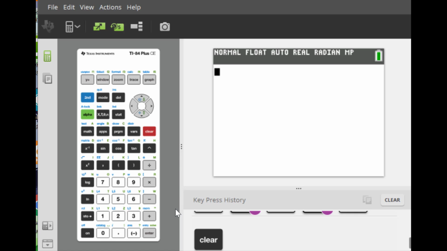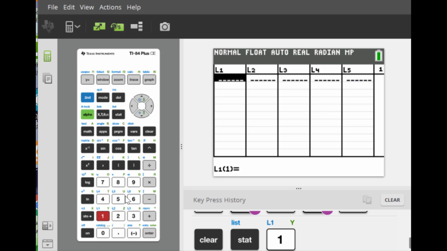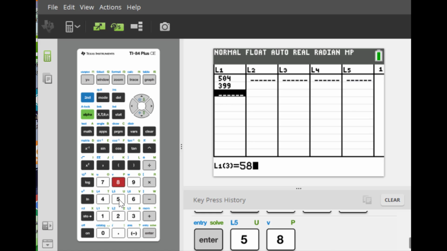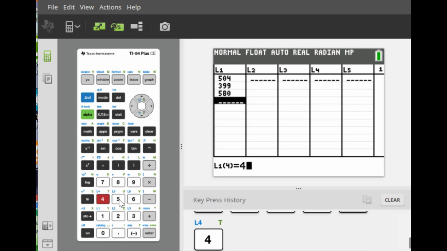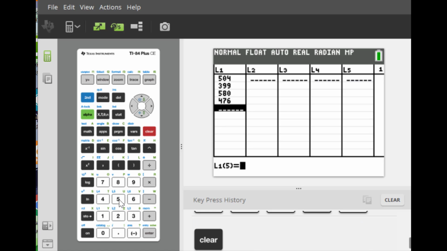Now for the second type, before you run the t-test, you have to enter the dataset. So hit edit, choose the first option. Now let me enter the numbers. First 504, then 399, then 580, then 476, then 450,